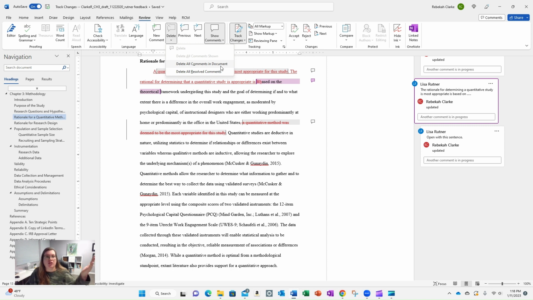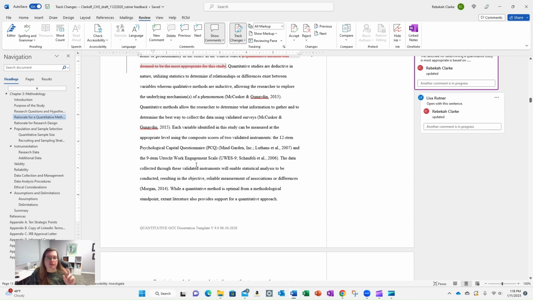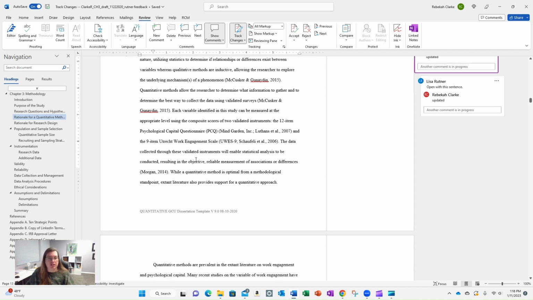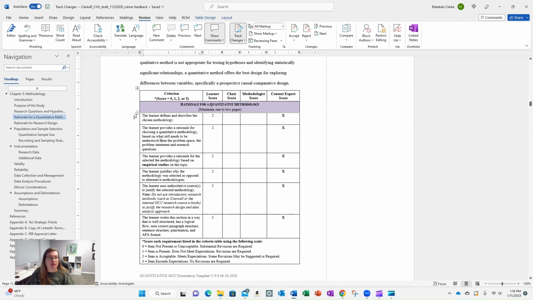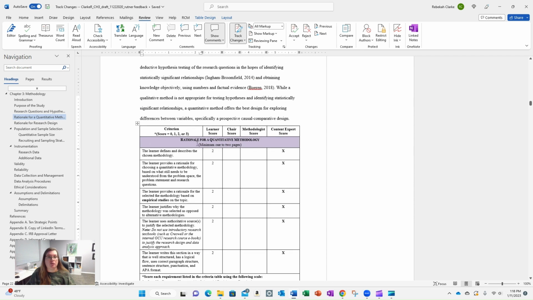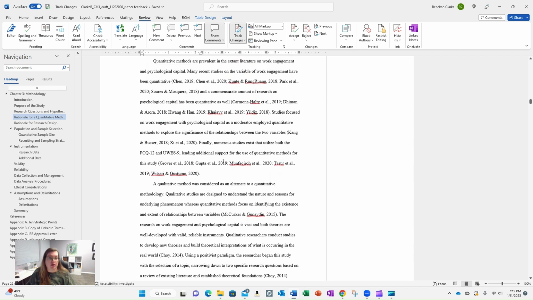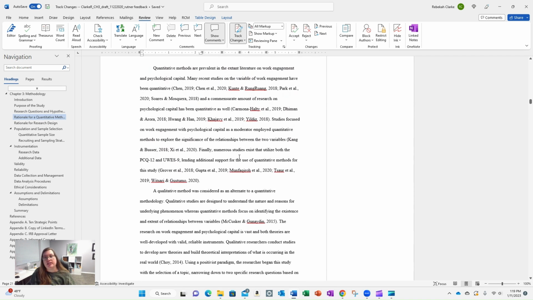So this will clean out all of the comments in the document. And then for what we refer to as a clean copy, get rid of your comments, accept all of your changes, and then you want to remove any of the rubrics that are still in there. You'll do a clean copy where all your changes are accepted, comments deleted with rubrics, and then you'll do one without rubrics for AQR. Okay, so hopefully this is helpful to you in navigating and working with the dissertation, and